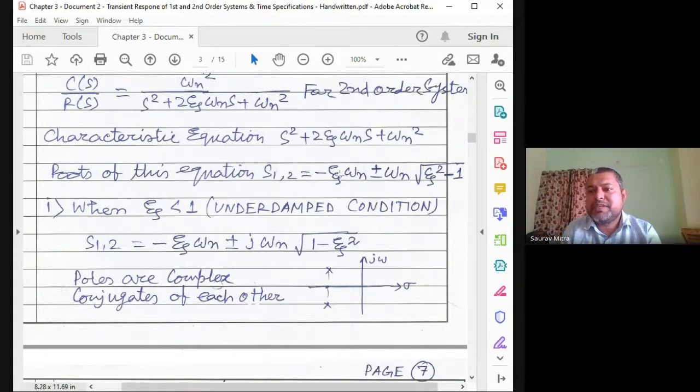That means these roots are stable because the real part is negative: plus minus omega n root under of zeta square minus 1. So omega n root under of zeta square minus 1 is kind of omega d. Likewise, now you put zeta equal to 0. Whenever zeta is equal to 0, you will find it is plus minus omega n. Okay, so plus minus omega n, there are two poles, or this should be 1 minus zeta square, I think. So first let us see this case,